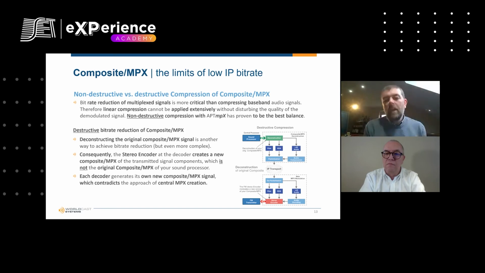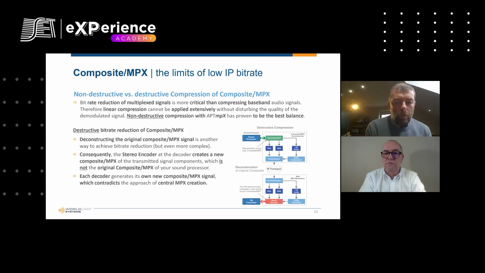So we don't deconstruct the signal. And remember, you've paid a lot of money for these high-end processors at the studio side. So we absolutely leave that sonic signature intact, and we then compress using our APT-MPX algorithm and uncompress at the